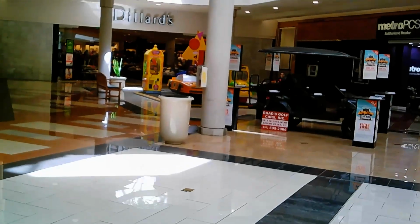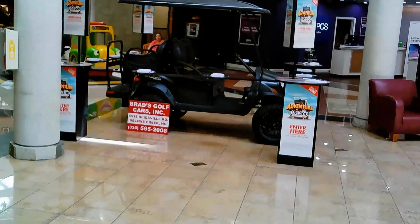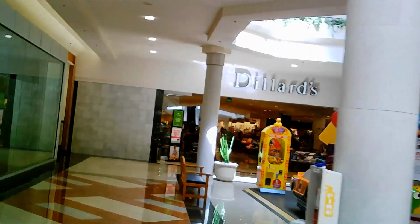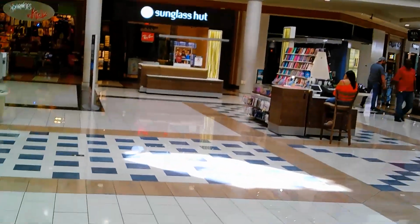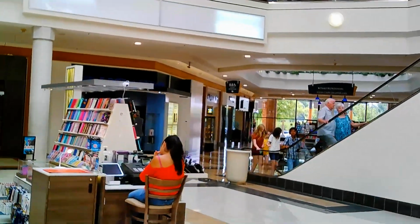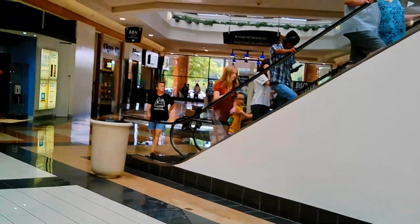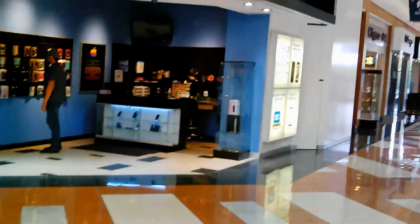Okay, right here is where Dillard's is. Again, when it was built, it was originally going to be Ivey's, but before the new part of the mall opened, they had to change all the signs over to Dillard's. Again, I don't know if that's fact or not. So anyway, we're going to head up this escalator, and we're going to check out the mall's food court, which is directly above us. I mean, not directly, but...